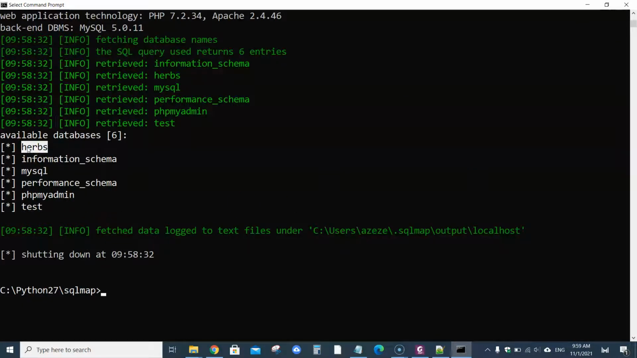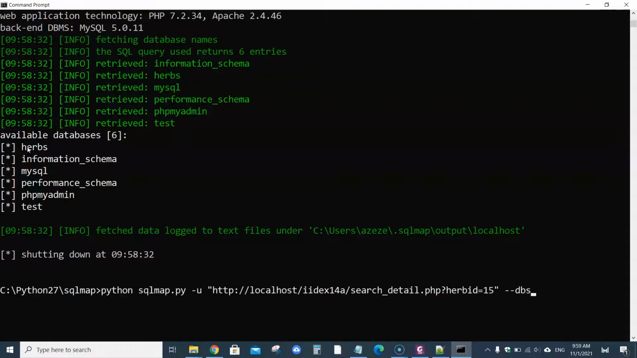Okay, so next we want to see what are the available tables, right? What are the tables inside the herbs? So we change dbs to tables with the same command. We just need to change at the back here. Okay, so meaning you need to memorize the first 3 lines here, 3 statements, and then you just need to